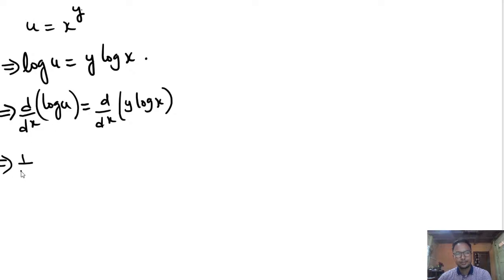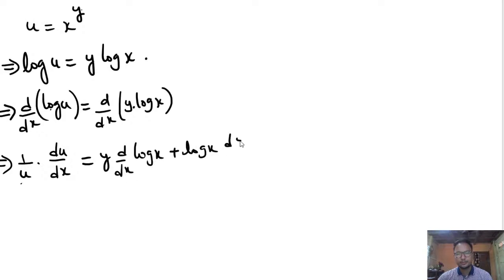Log differentiate karo. What was it? 1 by u. Applying the chain rule, we differentiate the log, so du by dx. Then apply the product rule: y d by dx of log x plus log of x times dy by dx. So this implies 1 by u